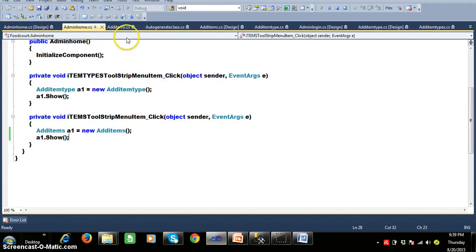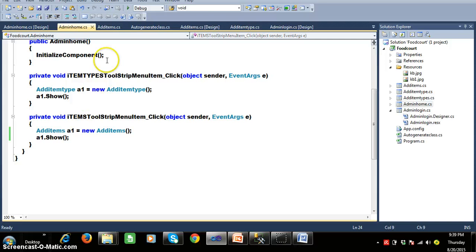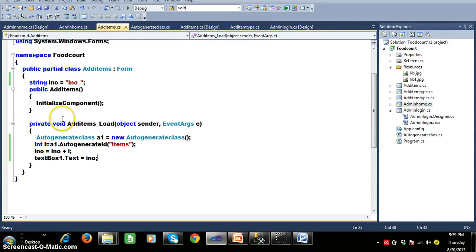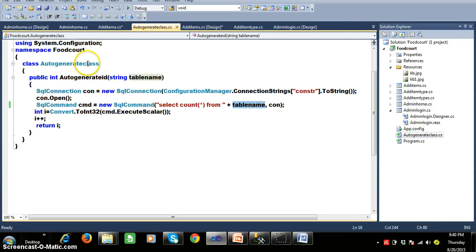So here what I want to do, I want to write a separate method here. So here I will go to the add items.cs, and here I will write a separate method, something like private void. The name of the method I will give as bind item types, bracket open, bracket close. Actually in our project we will use the same method multiple times. So I will keep this method inside the auto generate class. In the same class I will declare one more method, and the name of the method is bind item types, because frequently we will use the same method throughout our project.